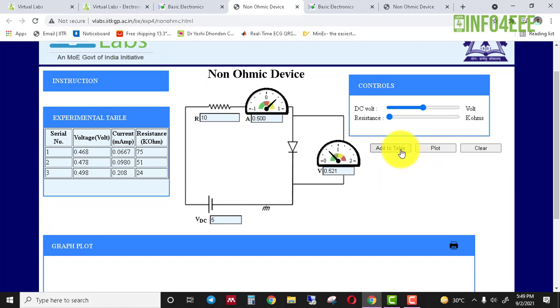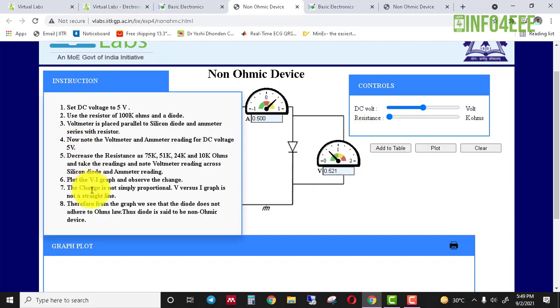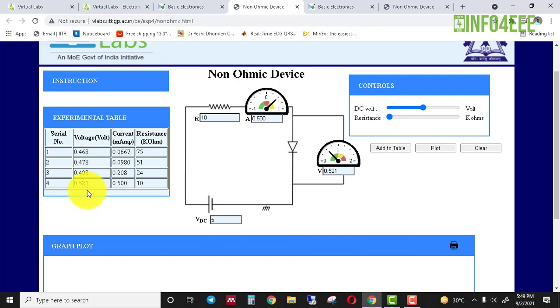Click on add to table and you can see that the voltage drop is 0.521 and the current is 0.5 at a resistance of 10k. So when we decrease the resistance value, the current in the circuit increases, and the voltage drop across the non-ohmic device, the silicon diode, also increases.